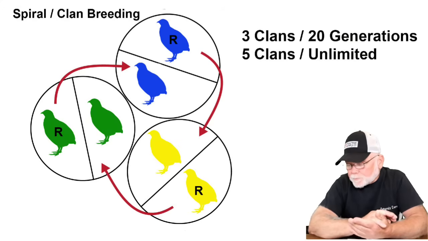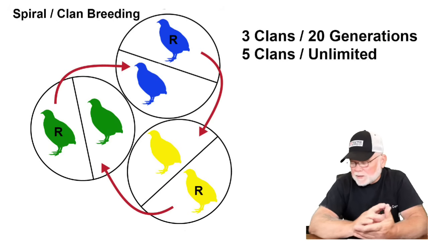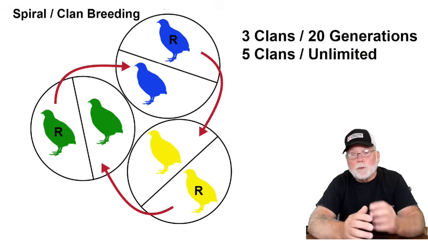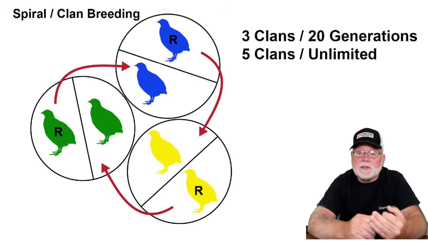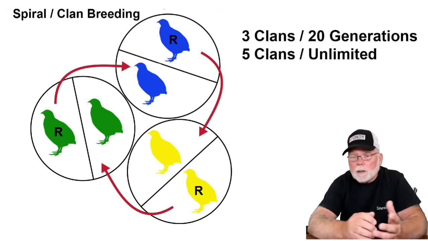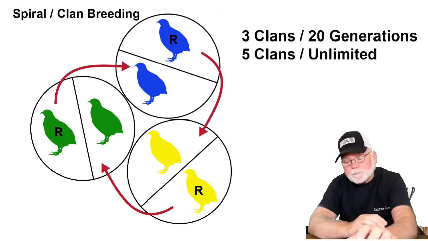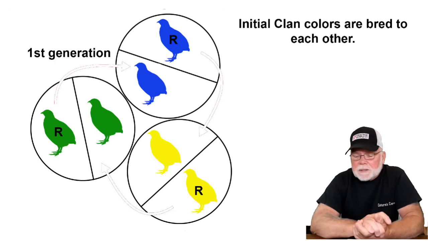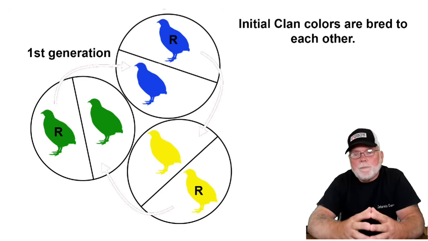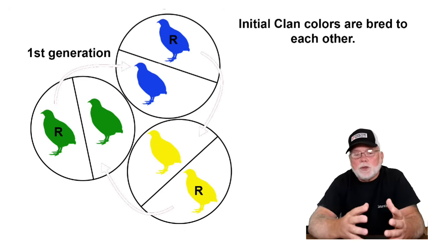But spiral breeding is a method of breeding that will keep the genetic diversity, and it's also going to help you improve your lines because you're always selecting the best of the best to move on to the next clan. So basically, setting up your clans, what you need for each color of bird that you want to keep,